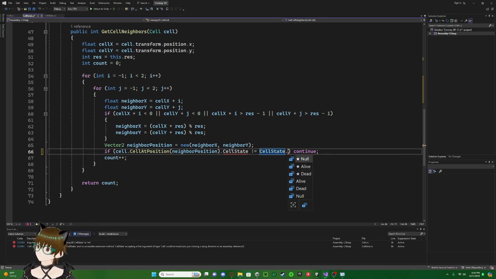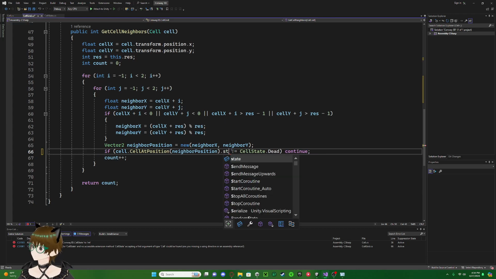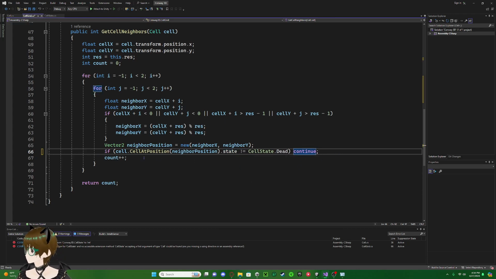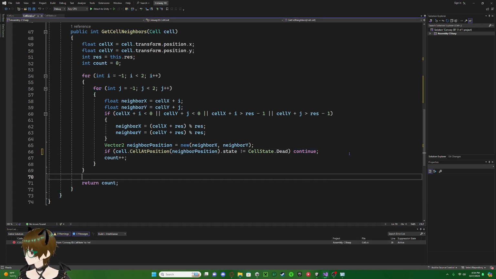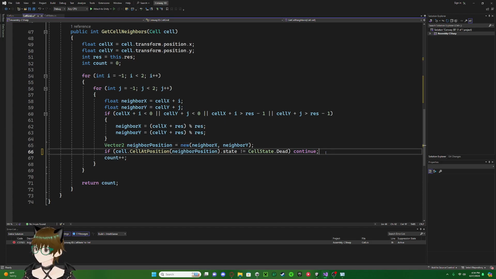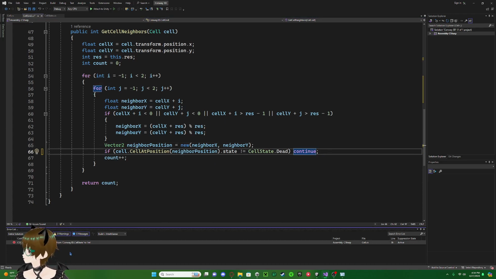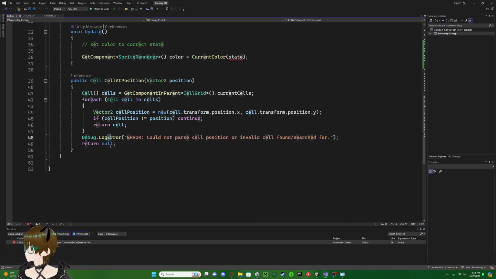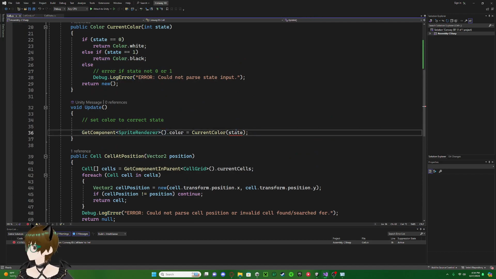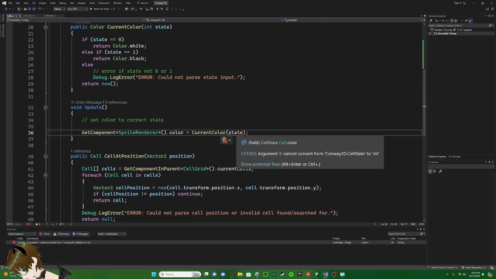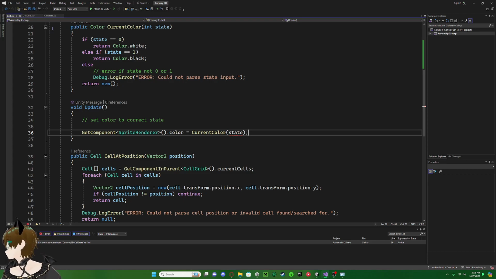Cell state dot, so actually, no, you don't. I didn't need to change this. I need to change this. And then this is in cell.cs. There is an error here. Oh, okay. So then,